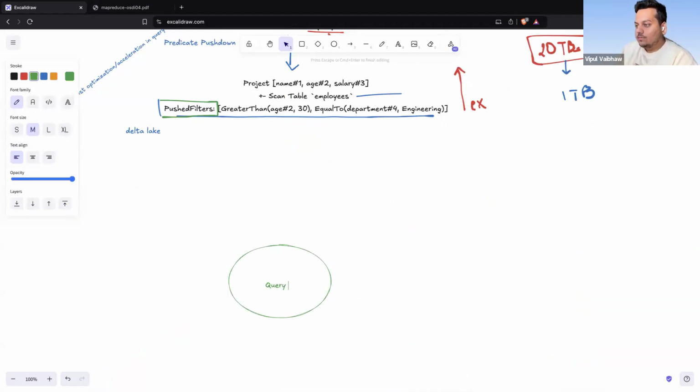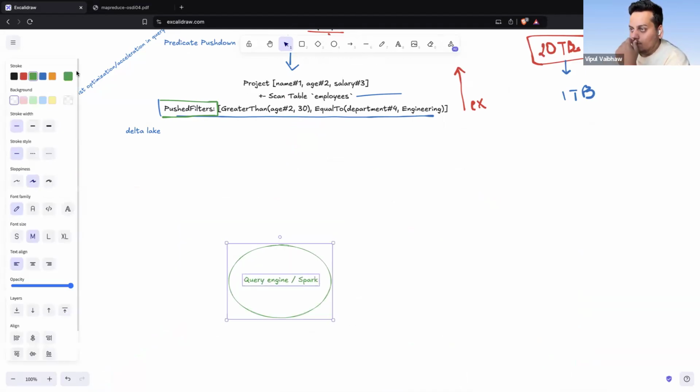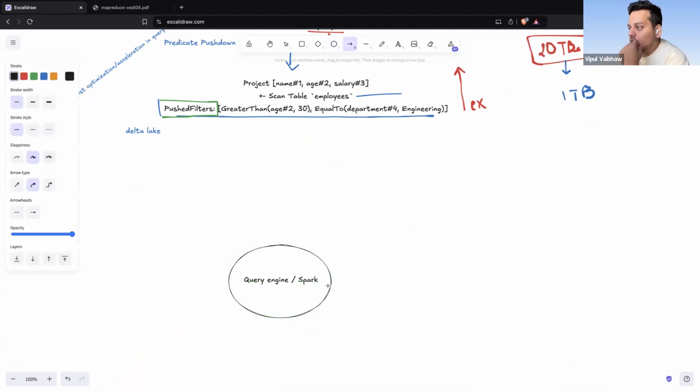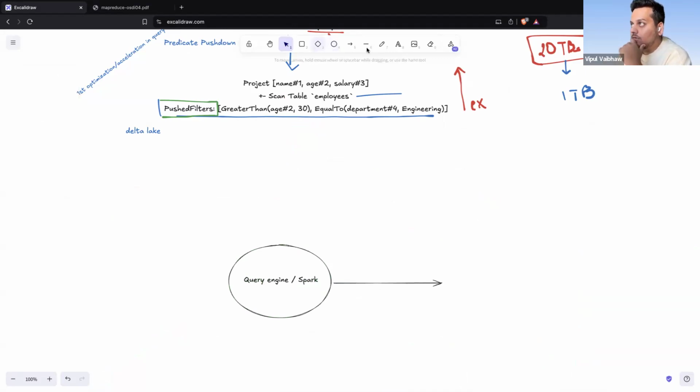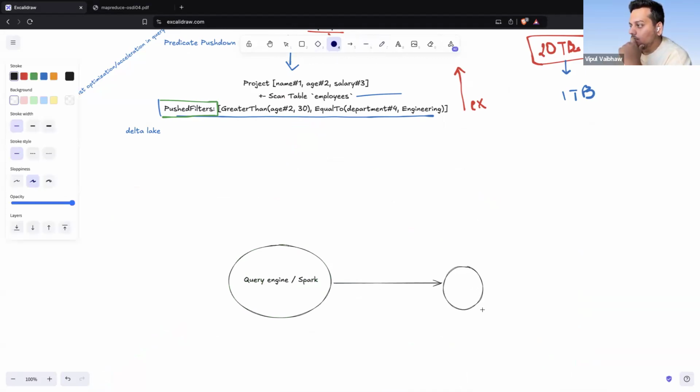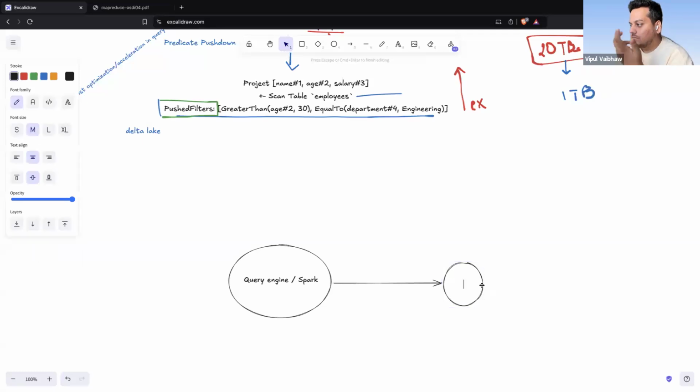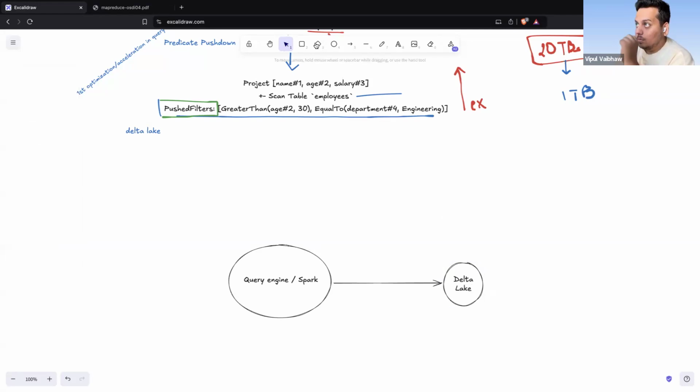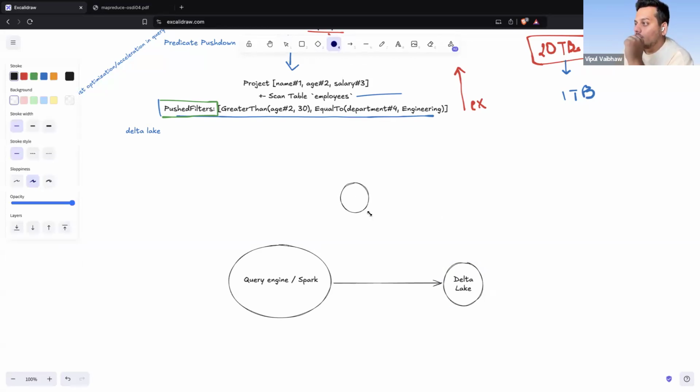This is the query engine, let's say Spark. The query engine talks to a data store, let's say Delta Lake. But we have a